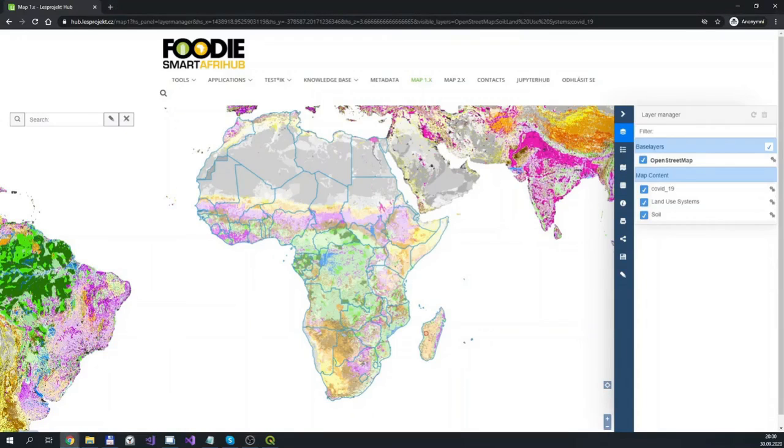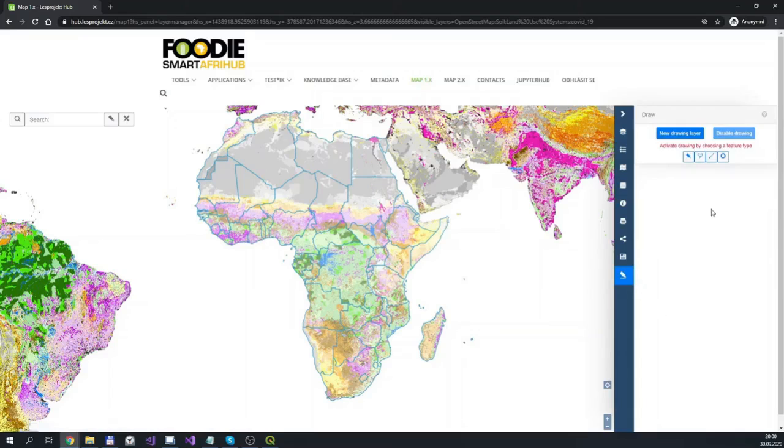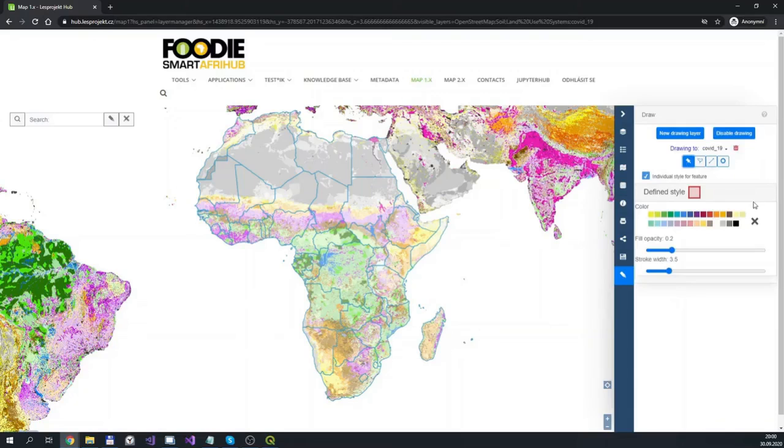Now we might want to create a whole new, empty layer. That is when the drawing toolbar comes in handy. So let's switch to this tool. You can see that it offers to create features of 4 basic geometries: points, polygons, polylines, and circles. So let's select point, for example. And you can see that now we are drawing to layer COVID-19, which is the layer we have added a few moments ago.